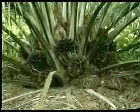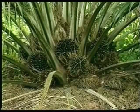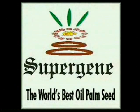For oil palm growers in the 21st century, would you want to halve your land costs, labor costs, fertilizers and maintenance costs, and still maintain